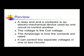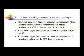Based on the last 2 measurements, the technician will determine that contactor B2 has a bad contact. The voltage across a load should not be 0. The voltage across a closed switch or contact should not be source. A relay and a contactor is an electromechanical device used by one circuit to control another. The voltage is the coil voltage. The amperage is how the contacts are rated. It can control 2 separate voltages in 1 or 2